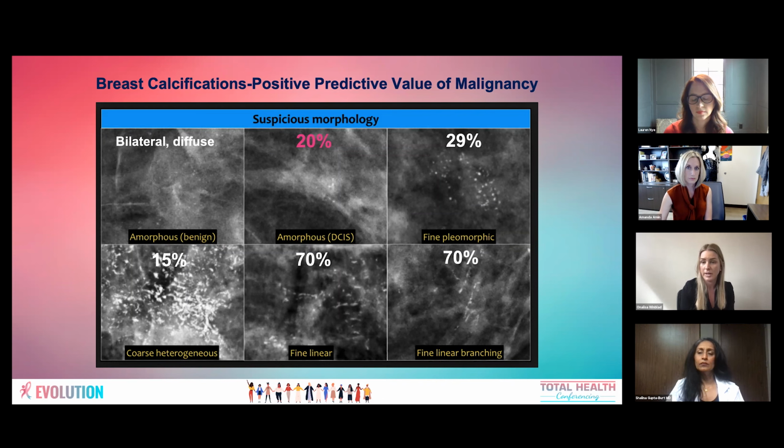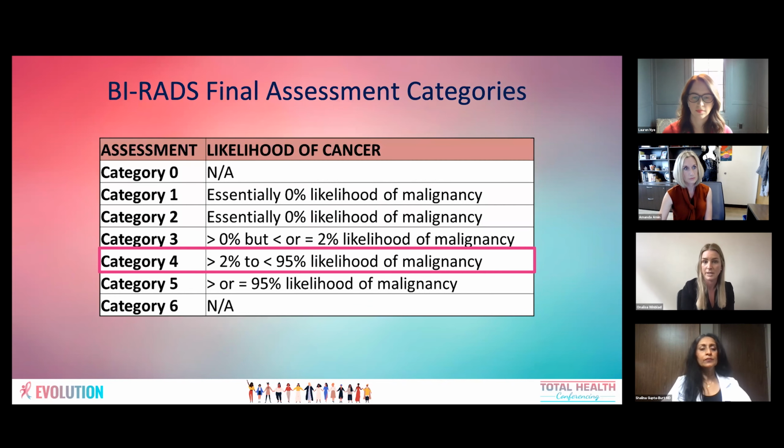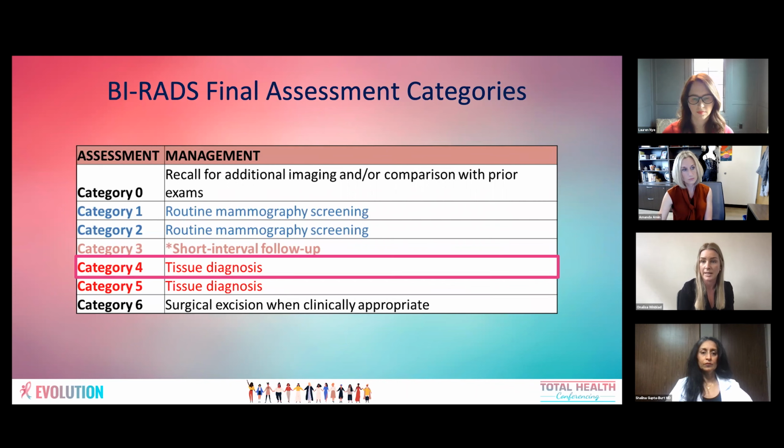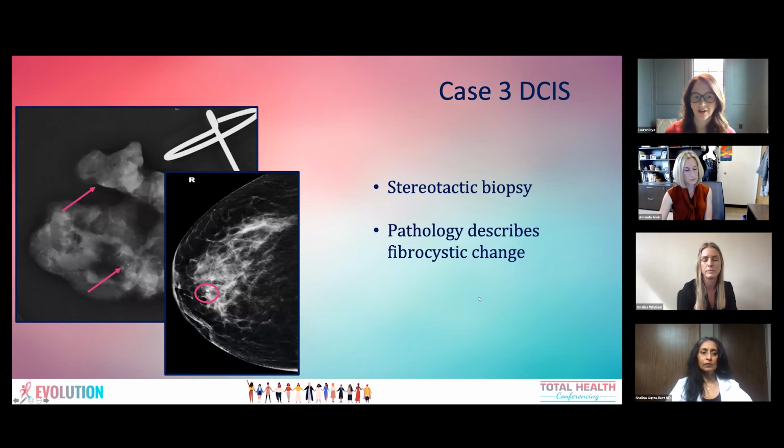So now for this patient, we're going to give her a BI-RADS Category 4 assessment. BI-RADS 4 means that our finding is suspicious and has anywhere from a 2 to 95% chance of malignancy. And as I said, our patient has around about a 20% likelihood of malignancy, so this makes sense. All suspicious findings in breast imaging require tissue sampling. And so for our patient, we're going to recommend a stereotactic biopsy of these calcifications to get a tissue diagnosis. So she went through and she had her stereotactic biopsy of the area of calcifications, and the pathology describes fibrocystic